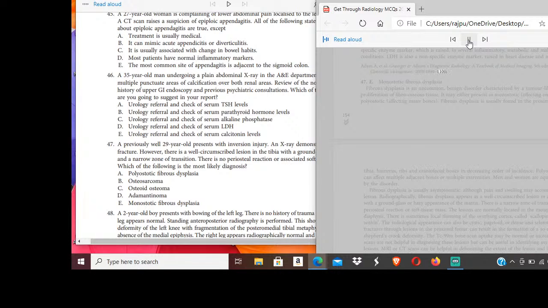2008:1099-1100. 47. E. Monostotic fibrous dysplasia. Fibrous dysplasia is an uncommon, benign disorder characterized by a tumor-like proliferation of fibroosseous tissue. It may either present as monostotic, affecting one bone, or polyostotic, affecting many bones. Fibrous dysplasia is usually found in the proximal femur,